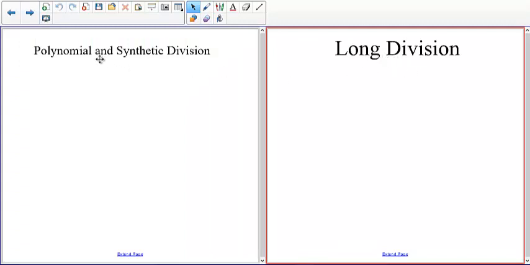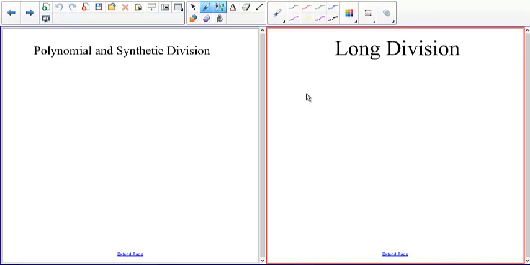So there's two ways: long division and synthetic division. Now, long division you can use all the time. Synthetic division, there's some restrictions. But a lot of times synthetic division is quicker and more compact in the actual carrying out. Long division, like I said, works for any polynomial division. So basically what we're going to do here is we want to